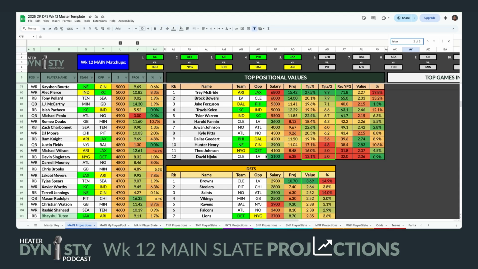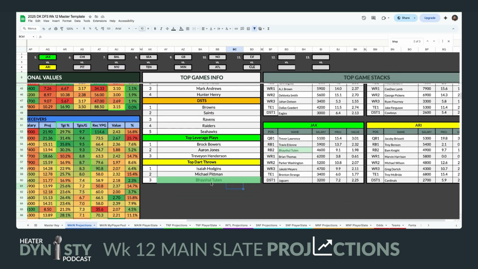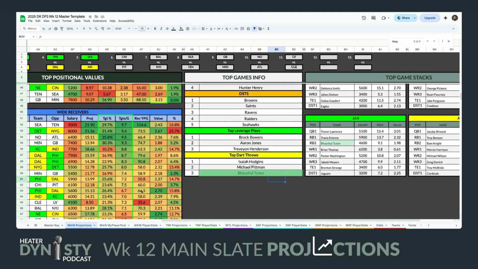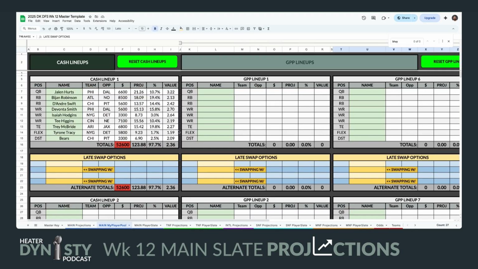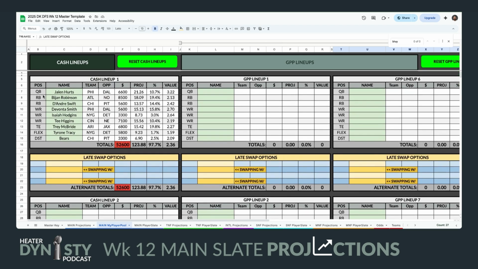So I definitely think he's not going to pop in the simulators or the metrics or anything like that, but he outpaced Travis Etienne last week. If you are assuming that he does the same thing this week, he is another person that you could get a little leverage off of and have some salary savings. So those are my thoughts for the top plays. The last thing I want to do in this video is just build a couple of cash lineups with you.